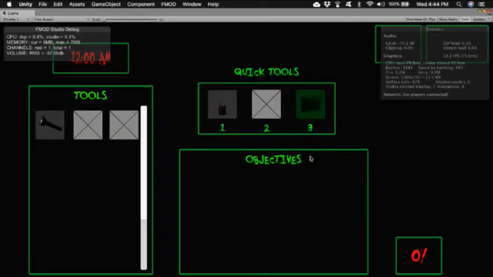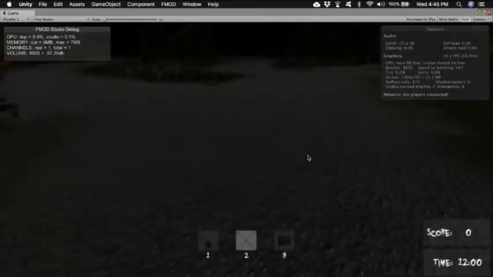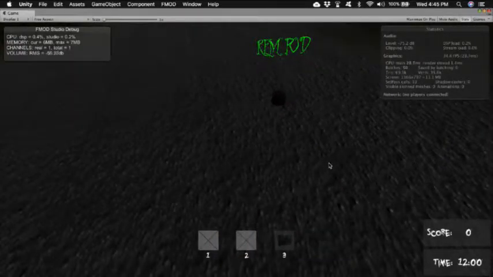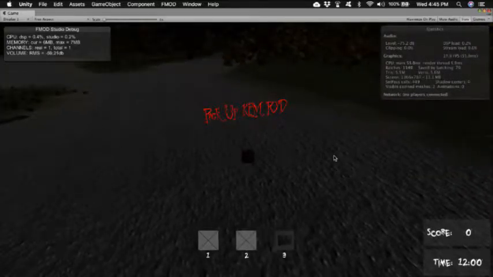Let's put the camera in here. All right. Let's go back out here. It's in my quick slot. One key to take it out. We place it down. Let's place it down right here. Now, I got rid of the halo, as you can see, and it still says pick up REM pod, and